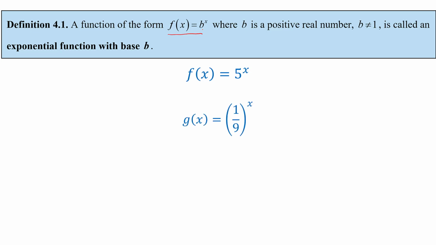Then we have g of x equals 1/9 raised to the x, where again 1/9, while a fraction, is a positive real number, and 1/9 is not equal to 1. We could even have the exponential function with base pi, h of x equals pi raised to the x, noting that pi is a real number and pi is not equal to 1. Any of these exponential functions are what I would refer to as basic exponential functions, and we'll continue by graphing